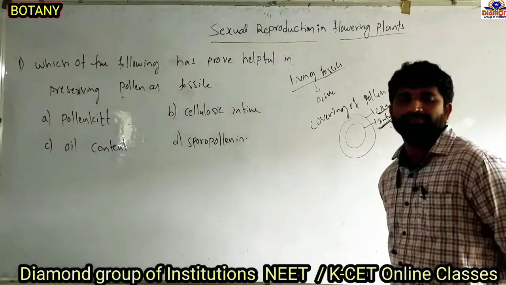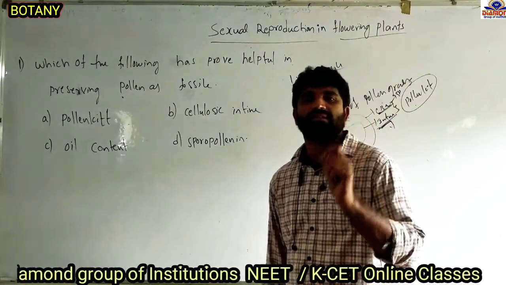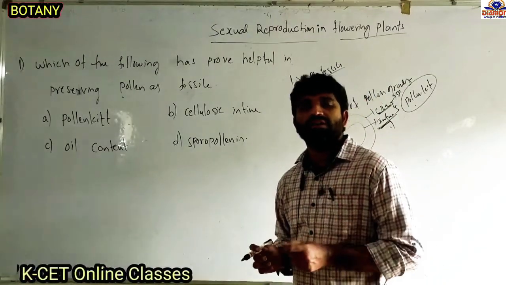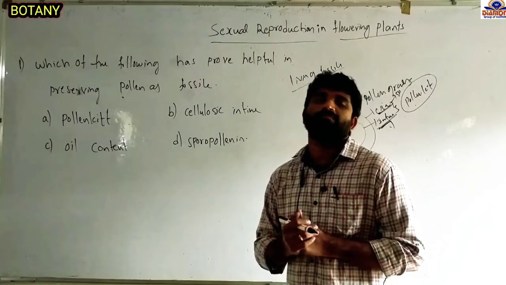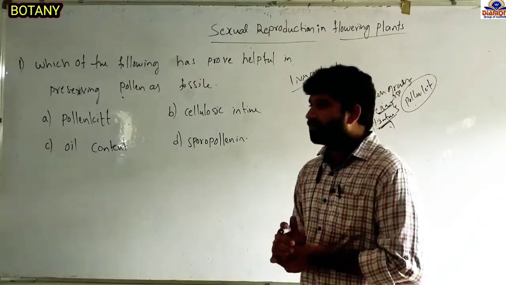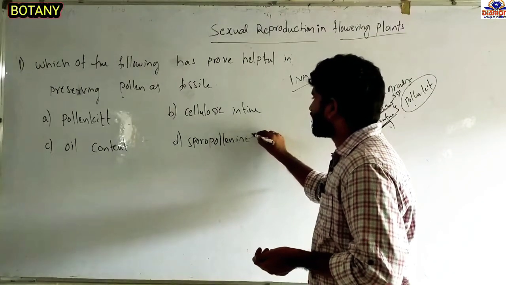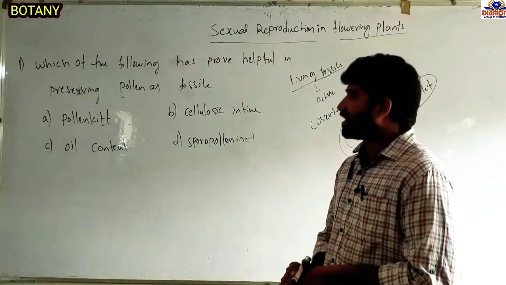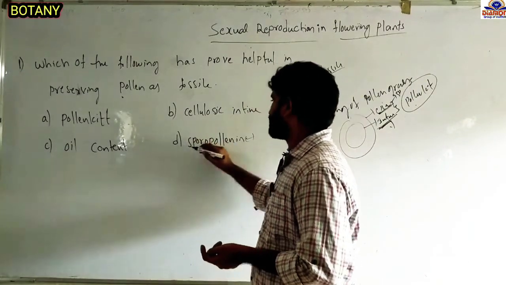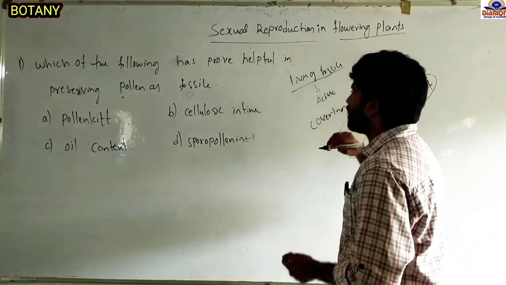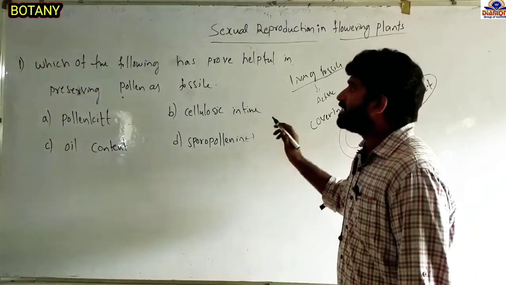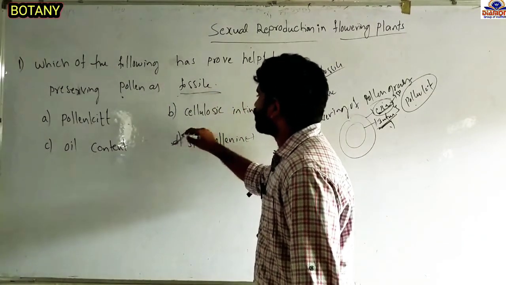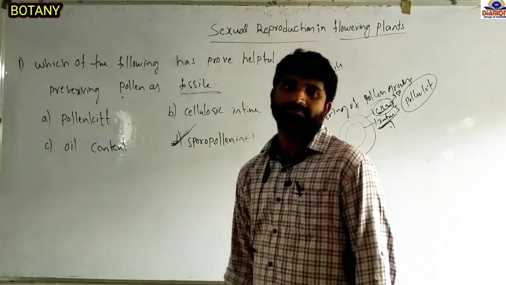The remaining option D: sporopollenin is a specialized chemical in nature. It is resistant to water, oil, temperature, and different types of acids and alkalis. So sporopollenin is not degraded easily, and it can persist for several years. That's why sporopollenin is present in the exine layer. Due to its presence in the exine layer, these pollen grains are called fossils. So the answer is D.